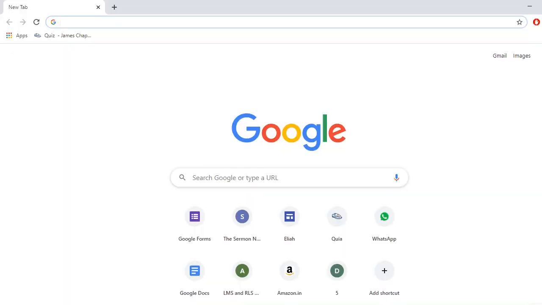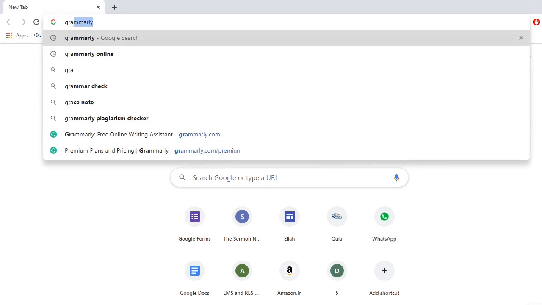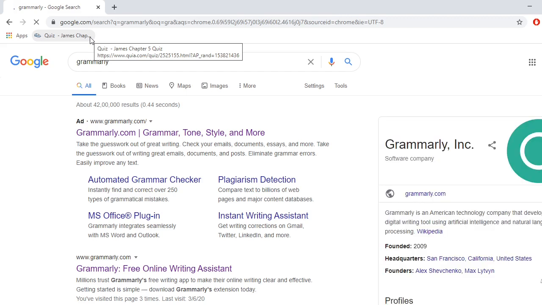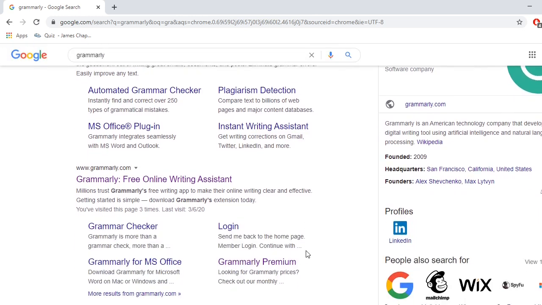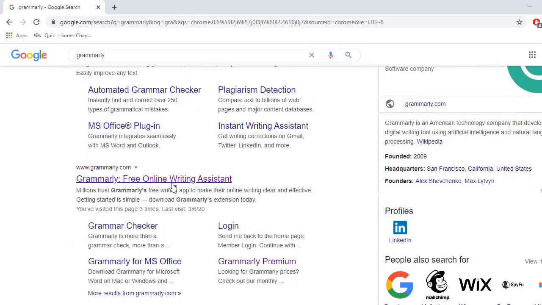Simply, what we have to do is type Grammarly in a Google search. Today I want to give you some details regarding this Grammarly tool. Grammarly is a writing tool, first of all, that helps you check for several types of errors.